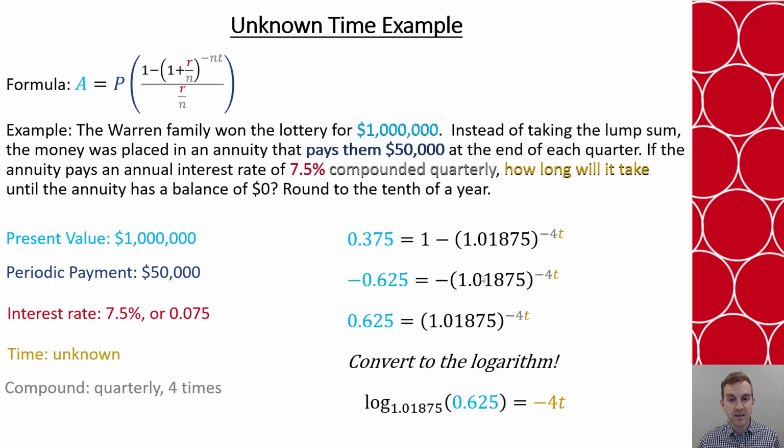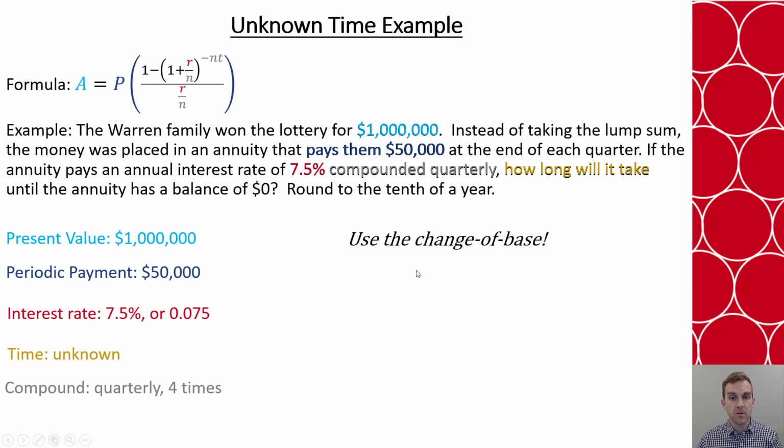So I'm going to say that this is the log base 1.01875 of 625 thousandths equals negative 4t. Now, here, there's no button to put this in as my base for the log, so I have to use my change of base formulas for the logarithm. To do that, it's just take the natural log of what was inside my logarithm divided by the natural log of the base. When this simplifies, it gives me negative